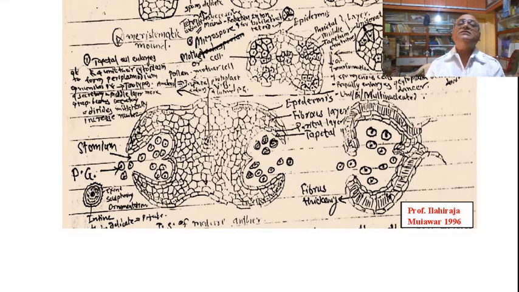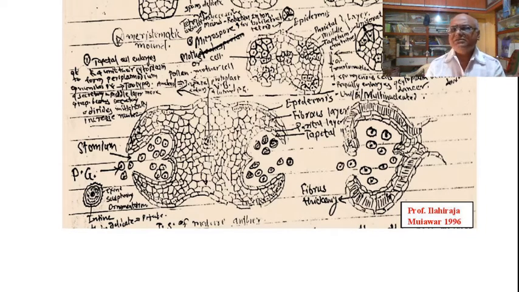Pollen grains are dust-like structures, small and light in weight, and they are liberated outside and then transferred from one place to another by different agencies. But at the time of liberation and transmission of the pollen from the anthers, that is from the microsporangia, they may be uninucleate, binucleate, or trinucleate.